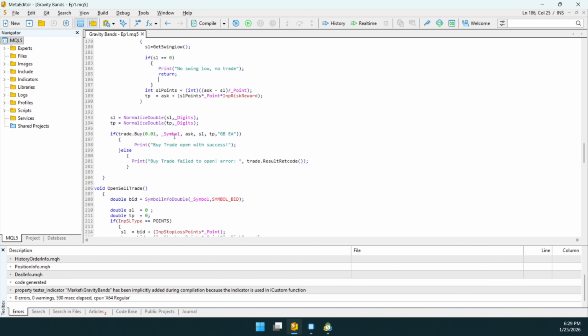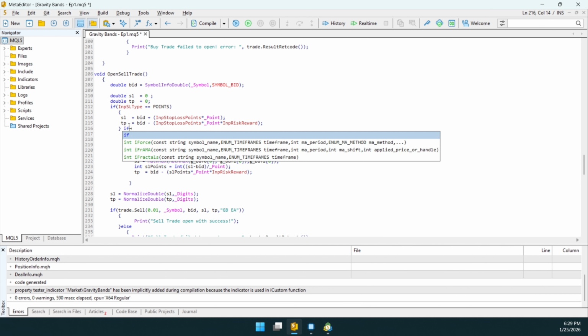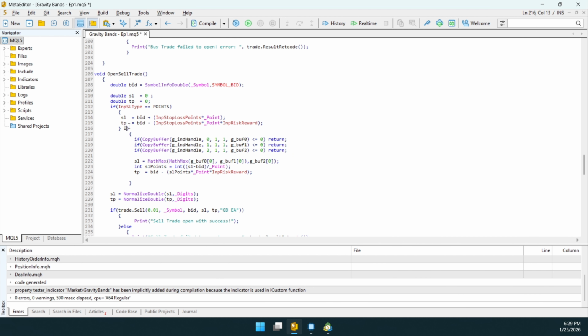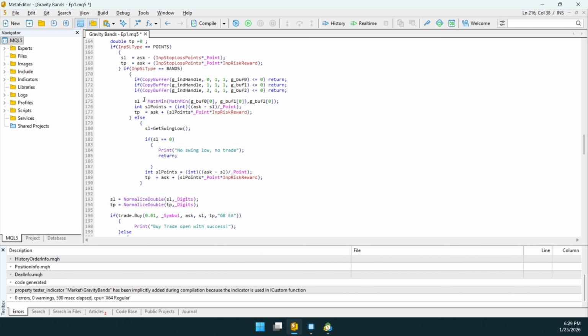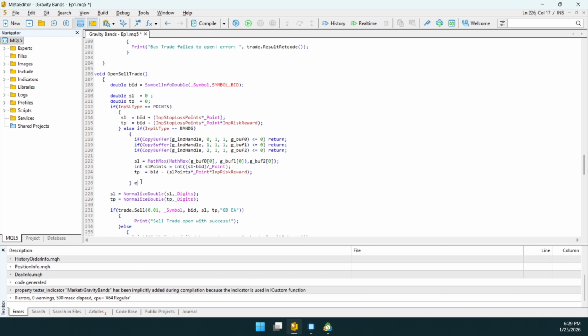And the same can be done for the sell. So here the sell, else if, I made a mistake, I'm going to correct it. If input stop loss type equal bands, no, equal, yeah, bands. And here the mistake I made is this one. So there's an else if. And finally here,